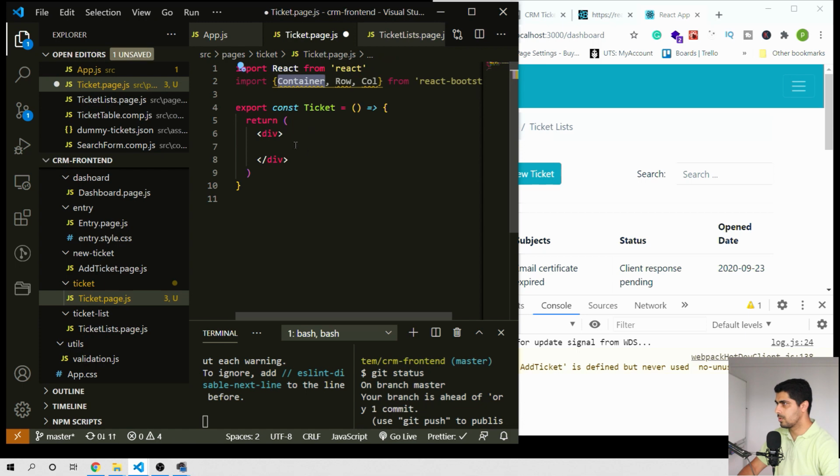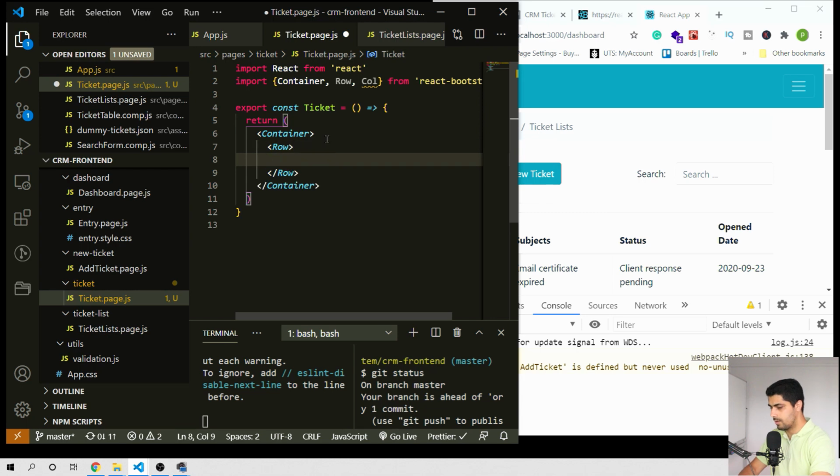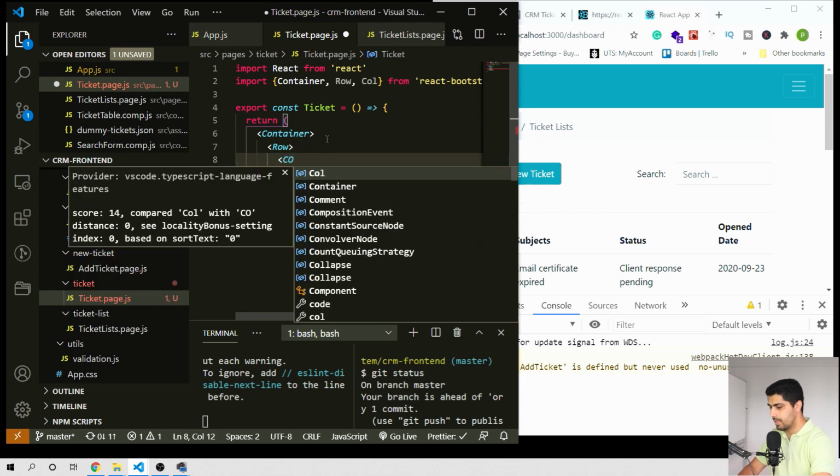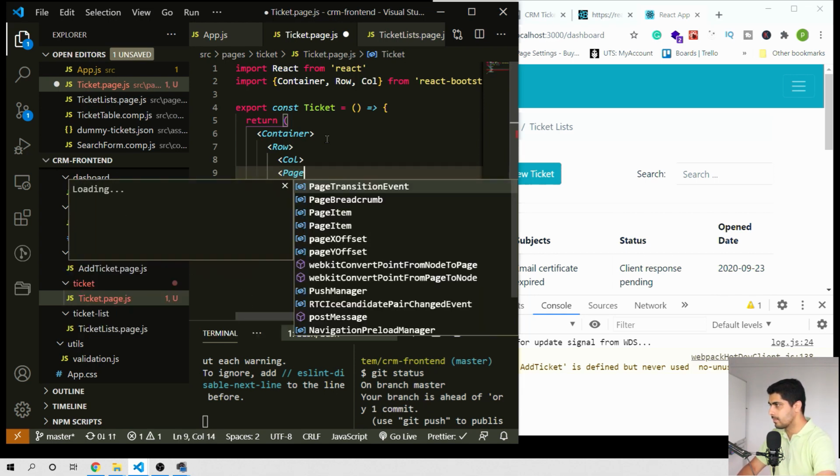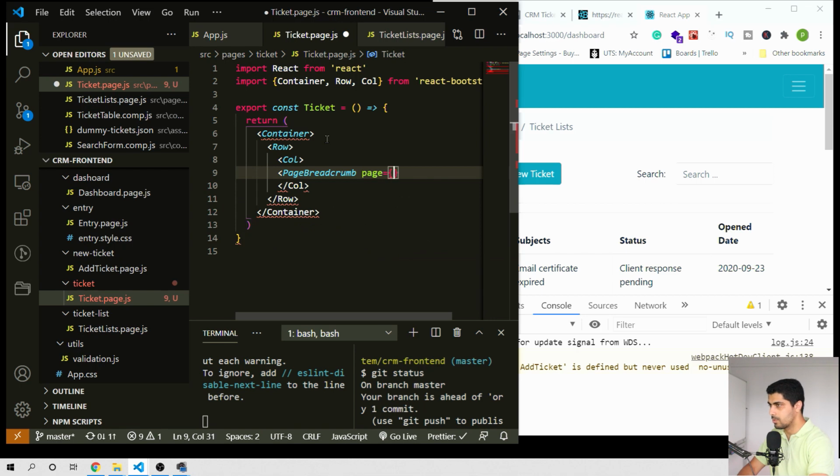and let's do container, row and col for our page breadcrumb. Let's import our page breadcrumb, and the page prop we'll be passing is ticket because this is an individual ticket. So I'm just going to say ticket and then close it. This one is not imported yet. Let's import,